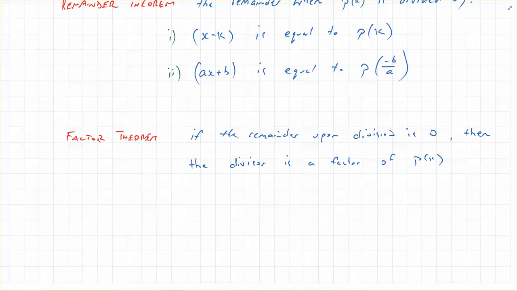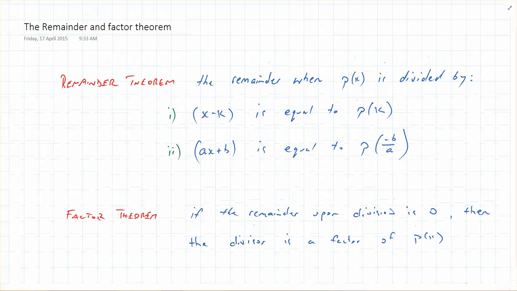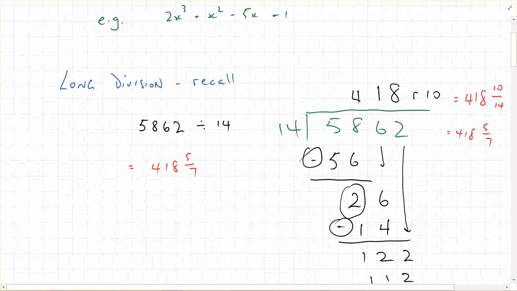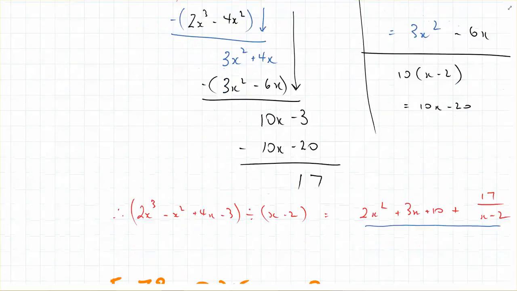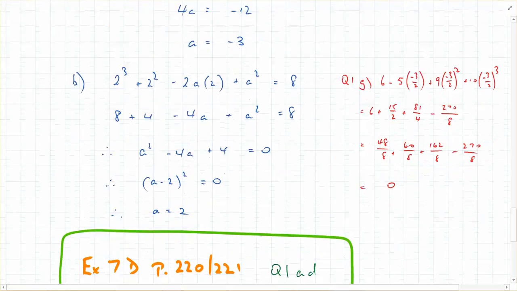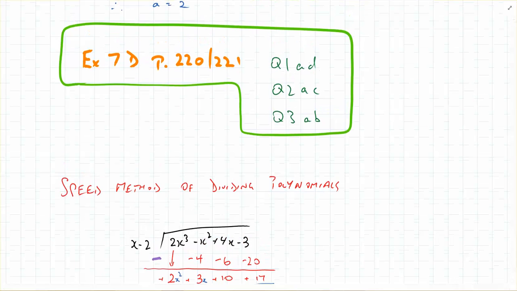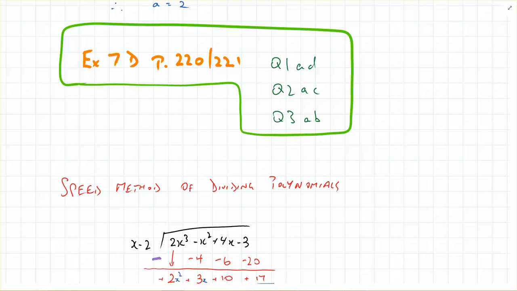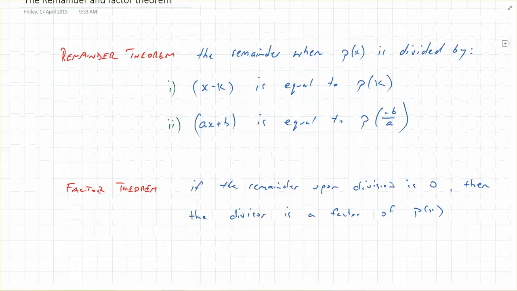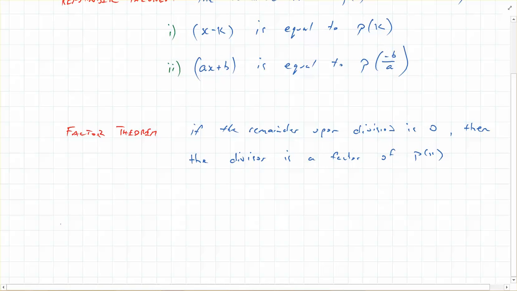Just one other thing I'd like to do is perhaps just, I've set you 7C to finish, and 7D. 7D, just question 1. 7D, this will be in the prep portal, but I'd certainly get you started on it now. 7D, question 1, A to D. Okay, so just to get you started on that,